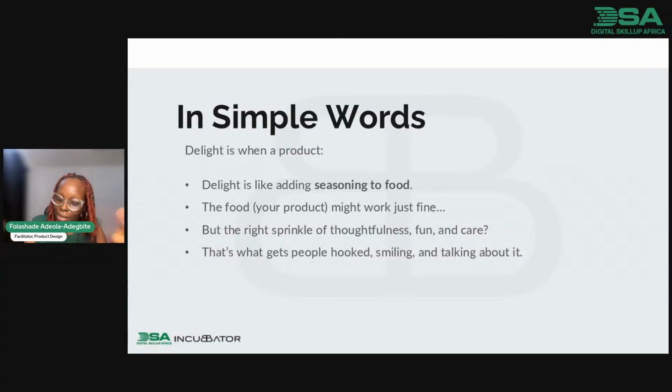Please, when we taste it, what will the taste be like? So think about it. Delight is like adding seasoning to food. The food, that is your product, might work just fine, but the right sprinkle of thoughtfulness, of fun and care, is what gets people hooked, smiling and talking about it.